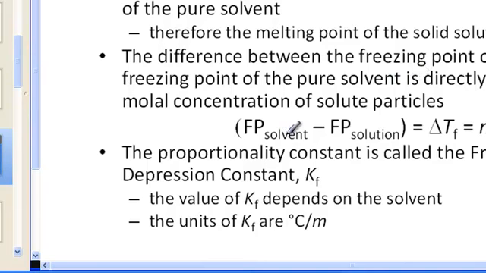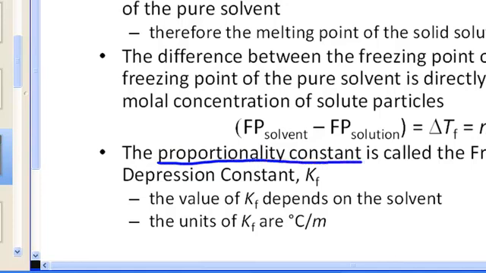The difference in the freezing point of the pure solvent and the solution is what I call the change in temperature, delta meaning change, the change in the temperature of the freezing. It can be calculated by knowing the molality, that little m, times the K constant. That proportionality constant